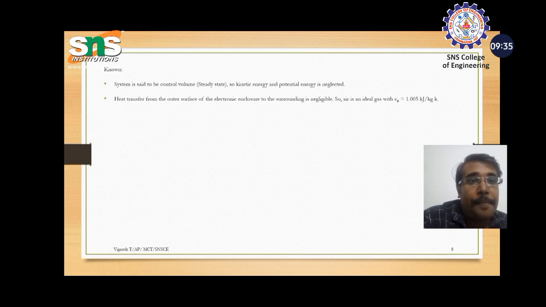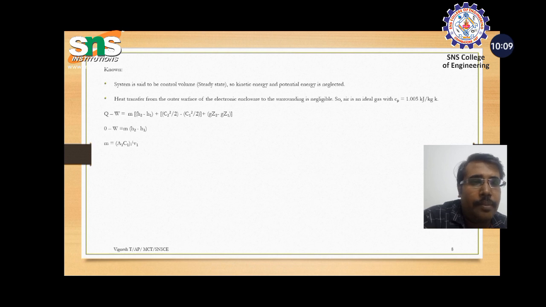So the heat transfer from the outer surface of the electronic enclosure is neglected, and this is the steady flow energy equation. If you cancel out the heat transfer and potential and kinetic energy terms, the remaining term is W equal to M into H2 minus H1, where